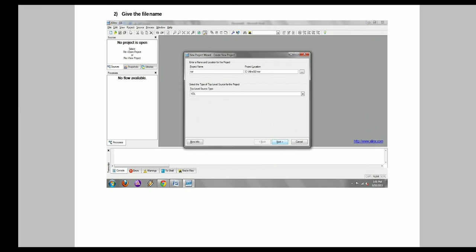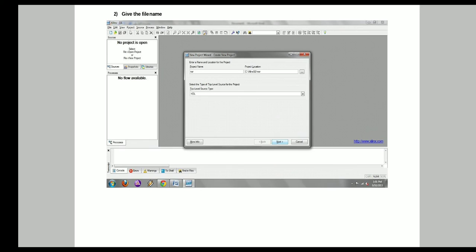For example, we are taking an example of a NOR gate. We want to perform the NOR operation on the A input and B input, and the output will be stored into Y. We will discuss how to assign the inputs and outputs and how to write VHDL code step by step. But for the time being, for example purposes, we are going to discuss how to write and simulate a simple program of a NOR gate.